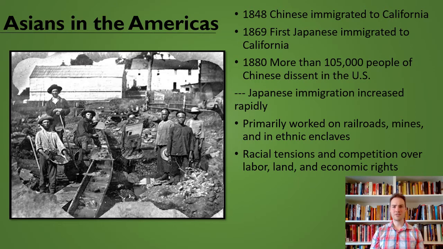So primarily they're going to get jobs in the railroads and mines or in sort of ethnic enclaves. White business owners and white communities tend to refuse to hire them for racist reasons. They don't want to hire the Chinese. They see them as a sort of racial threat on the West Coast for sure. So you start to get Chinatowns where people kind of cook for themselves, clean for themselves, rent out property to each other because they can't necessarily in the sort of white world for the rest of the state that's developing. And there's a lot of sort of racial tensions that come with this.